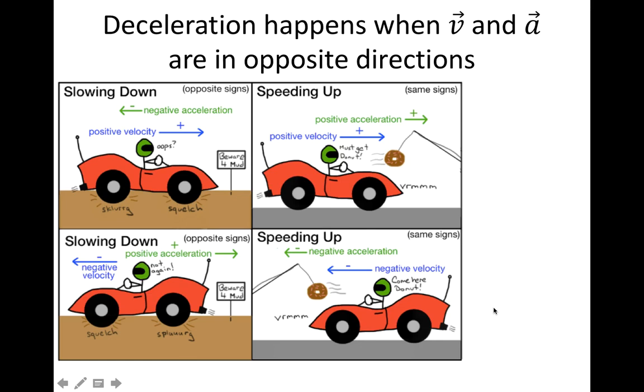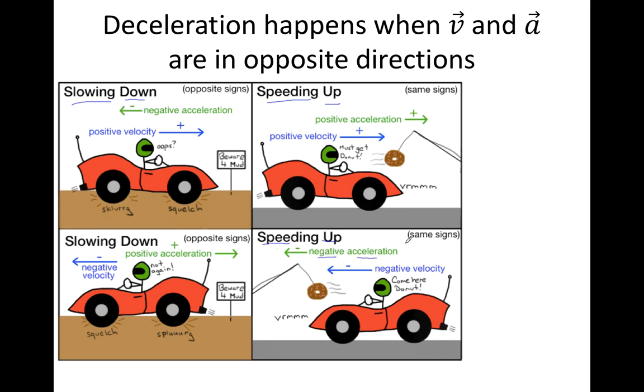Okay, so here we have the 4 different combinations, and you can see that an object is always going to slow down when its acceleration and its velocity are in opposite directions. Here we have a car that's moving forward, but it's braking, so it has a negative acceleration. This will slow down. When the acceleration and velocity are in the same direction, then this object is going to speed up. Here we have 2 positive velocity and acceleration vectors,